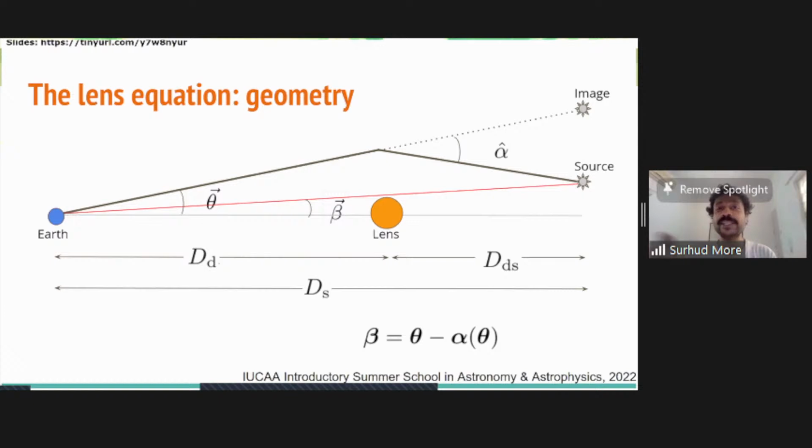Yes, in principle, it can. Sometimes objects come in between you and the source and lens the source, and then they move away from you, and they don't cause a lot of lensing anymore because the impact parameter is quite large. So it depends upon how quickly these objects are moving